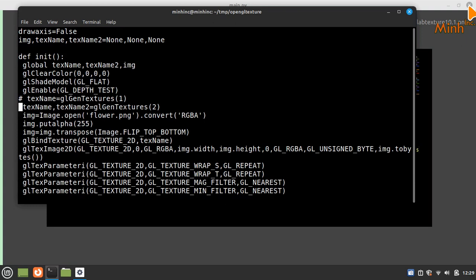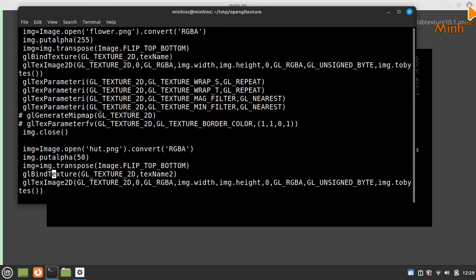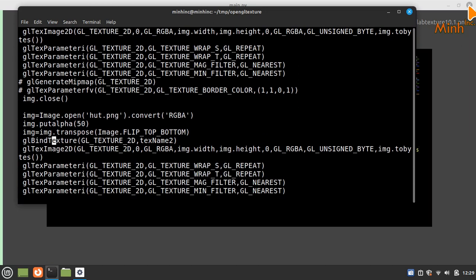We are generating two textures, text and text name 2. We are binding texture to text name, pushing the image, and specifying the other attributes. Same thing we are doing, opening hut.png